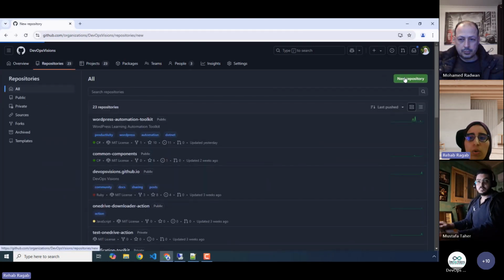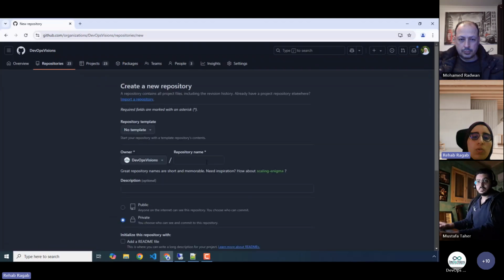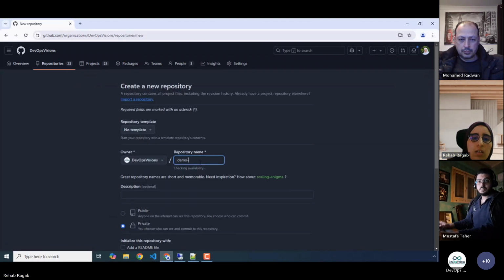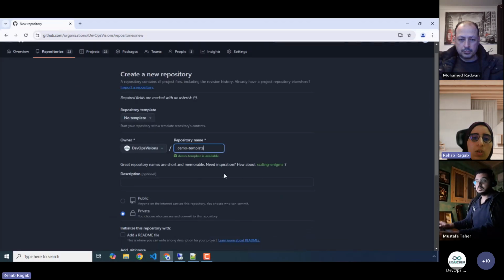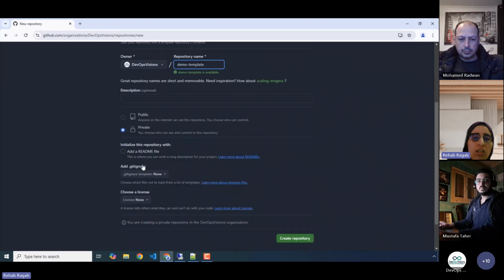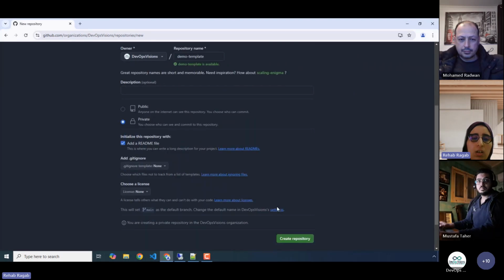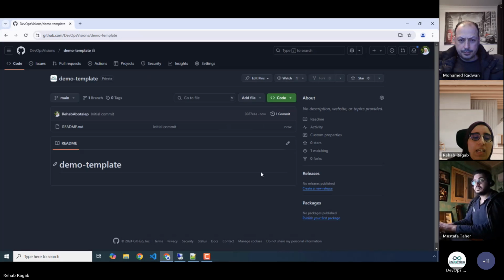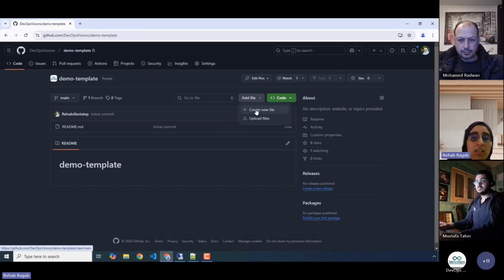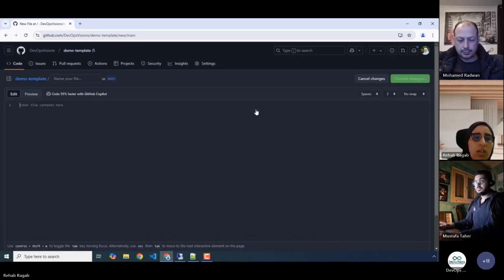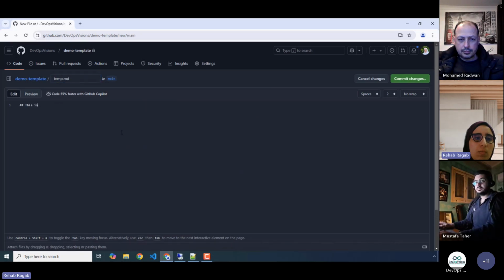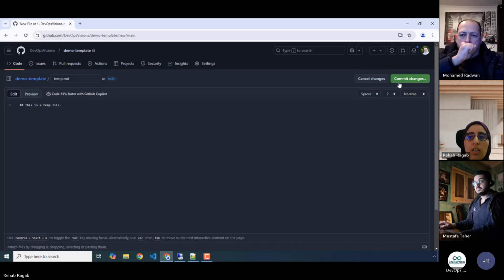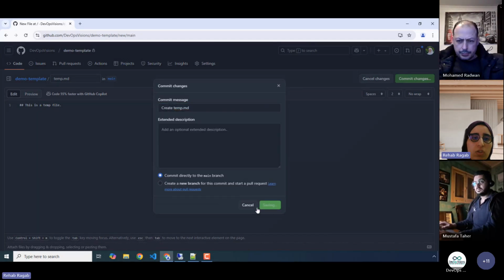Under our organization here, new repository, demo template, and just add a readme file and create the repo. Let's add another file and name it temp, just a markdown file, and add this text: This is the temp file, and commit this change.